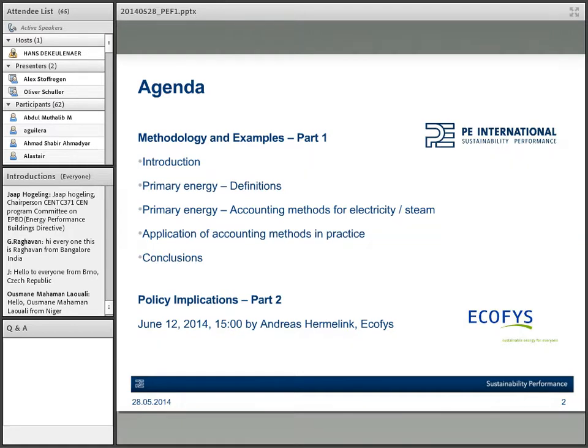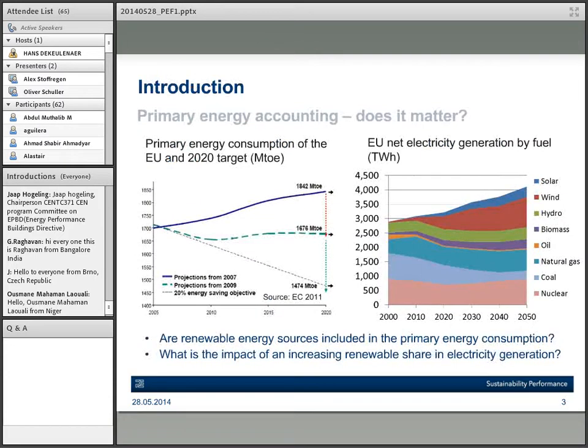So that brings me already to the first question I have. So Alex, what is primary energy, and does the accounting matter? And if yes, why? Yeah, thank you, Oliver. Primary energy accounting, at first glance, does not sound like a very exciting topic. But we believe that it is really an important topic because